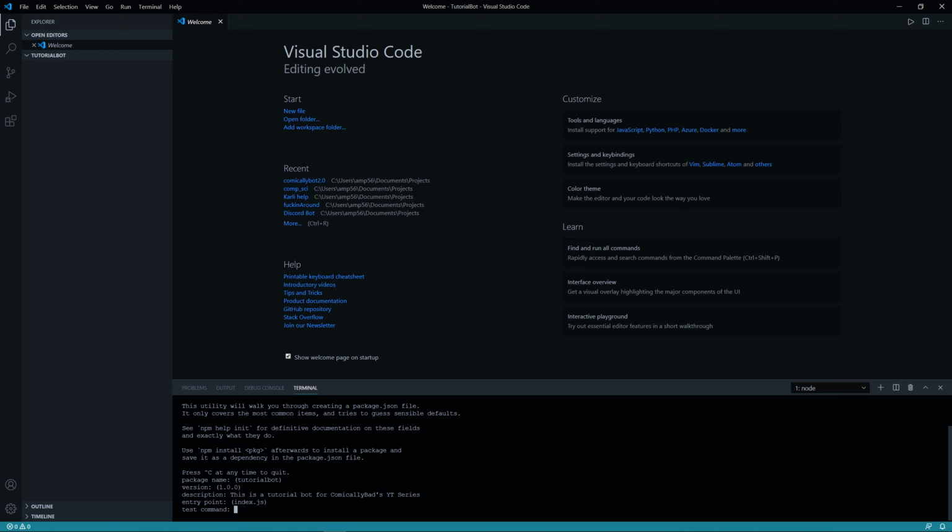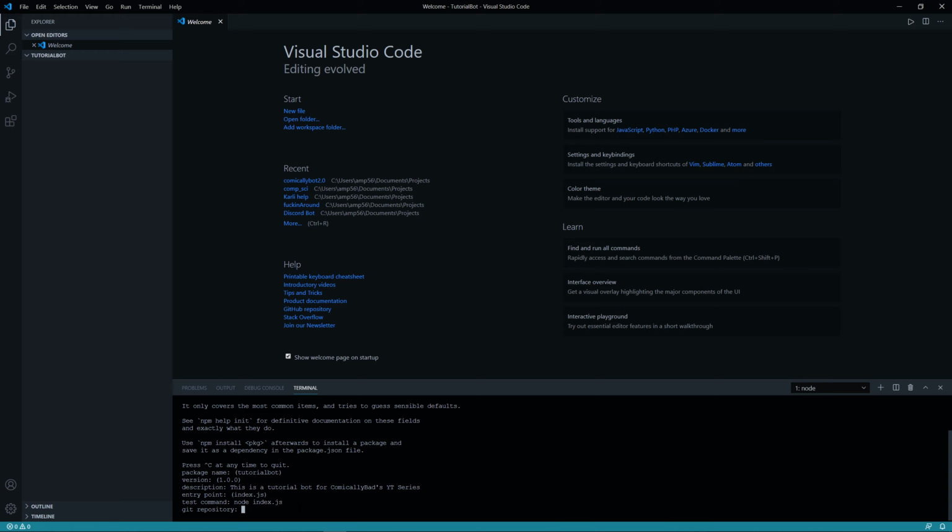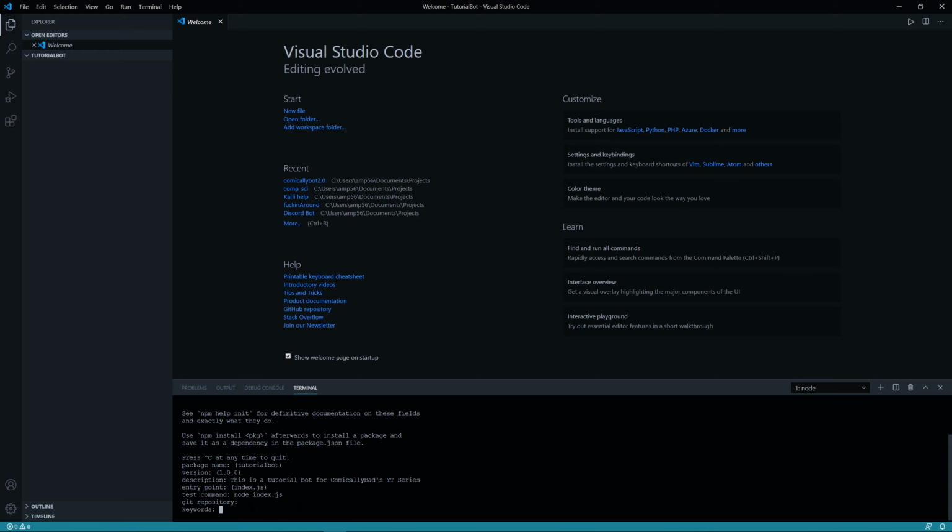Test command, we're going to do node space index.js. Git repository. This is optional. If you have a Git repository, you can go ahead and add that now. That is something we'll get into later. For the moment, we are not going to include a Git repository, so I'll just go ahead and click enter,